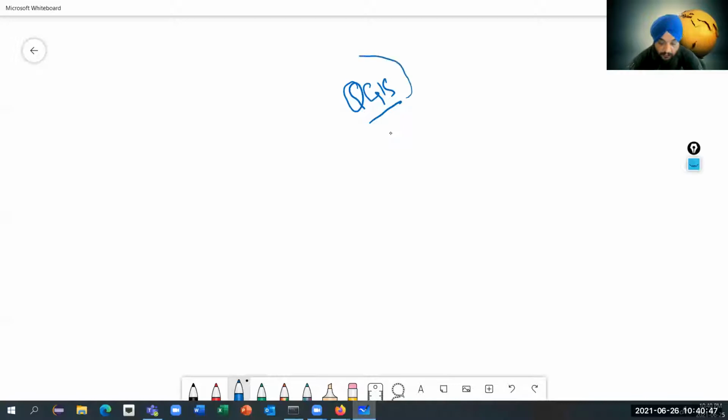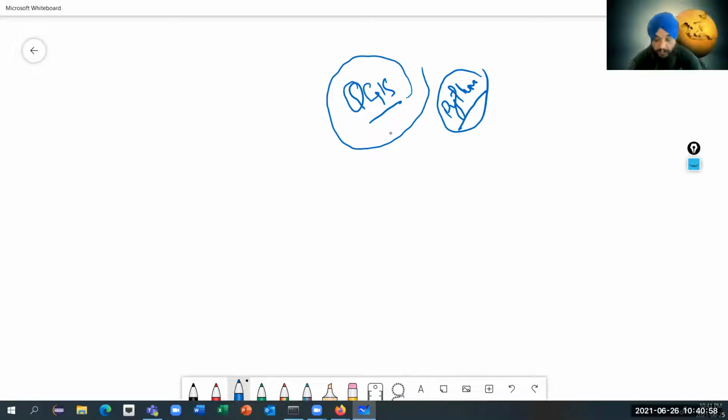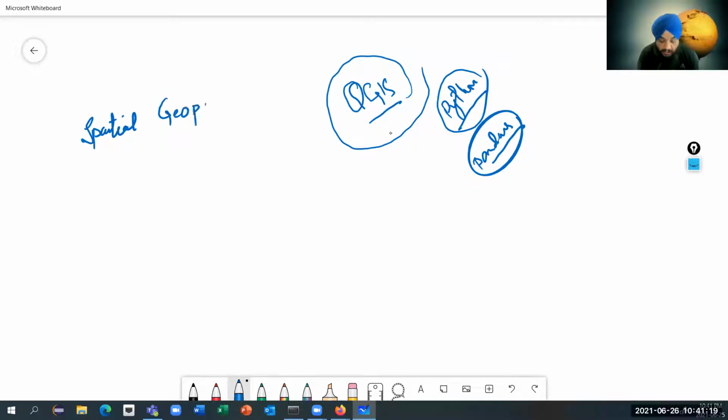Now, as most of you are working with Python, the most important data format that you will be getting is tabular form, and we know that pandas is used to handle our data set, which is more like tabular data. But if we talk about spatial data, that will be handled via GeoPandas. So this is a library that has spatial functions, and those can be applied onto the data set which has